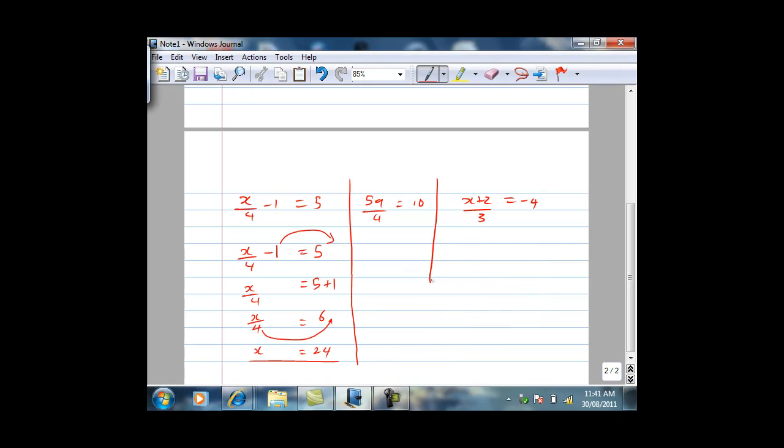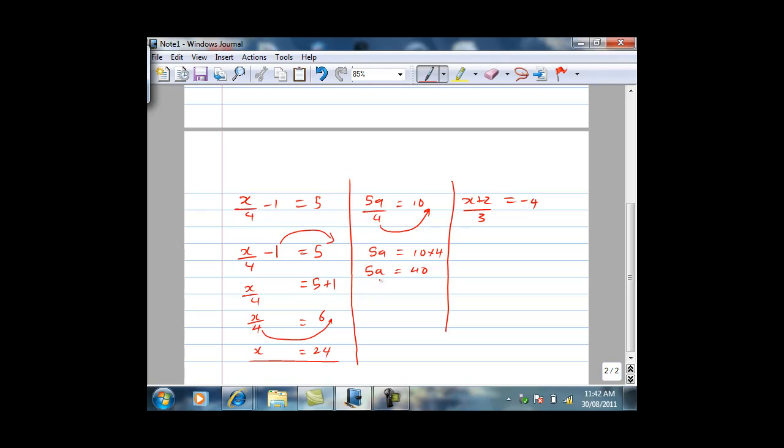Okay, we'll follow the same technique here. If we rewrite this whole equation, 5a upon 4, you notice that 4 would be the last thing you're writing, so 4 would be the first thing that you'll remove. So we'll take 4 to the right hand side. Because 4 is divided here, it gets multiplied. So 10 times 4 is 40,